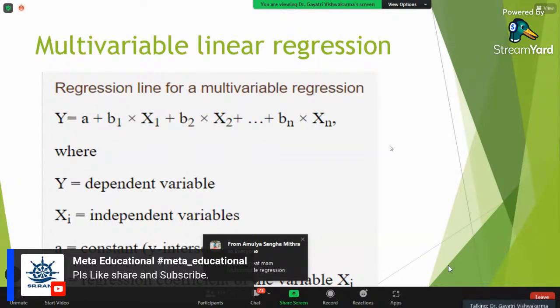but somebody is saying, please repeat the multivariable regression. So I am repeating one more time. If you write multivariate linear regression, that says you have lots of y's, that means lots of dependent variables. So don't write it if you are using multivariable regression. Multivariable means you have lots of independent variables but a single dependent variable. So you want to predict one dependent variable with the help of lots of independent variables.